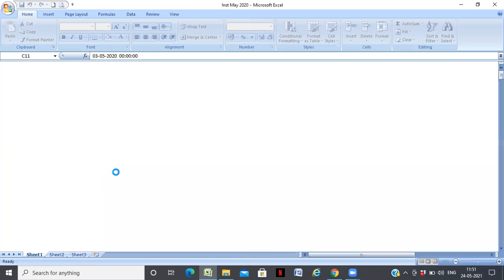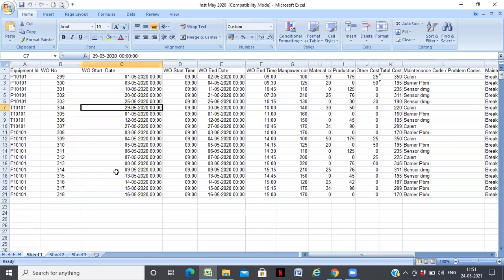So this is a format. So basically, if you already have an existing maintenance management system, you will need to export the data and get the report for all of these. For each equipment, what is the work order number, what is the start date of the work order, start time, end date and end time of the work order. And in case you are maintaining the cost, what is the manpower cost, material cost, if there's a loss to production, what is it? And if there are any other costs, what is it?